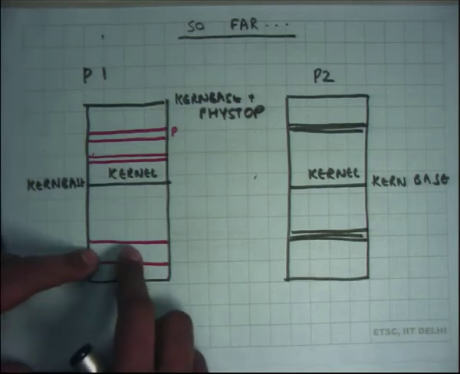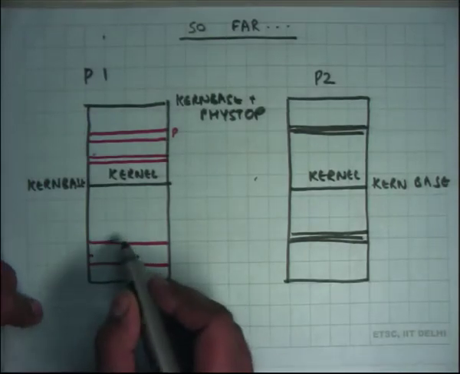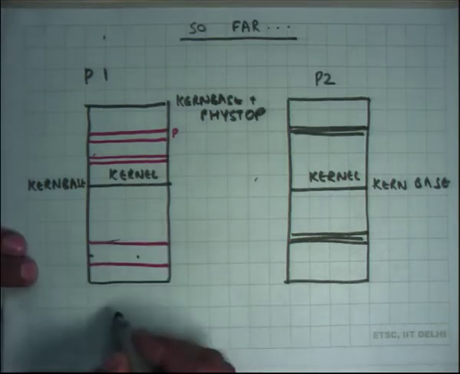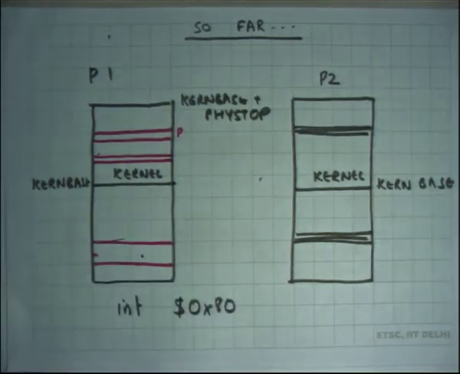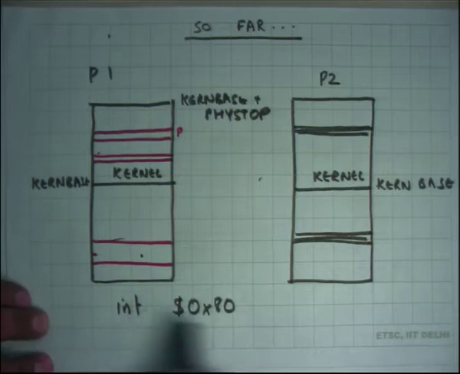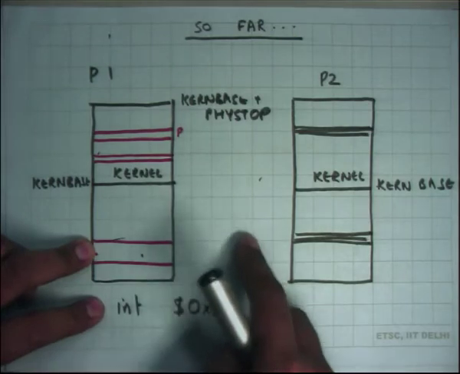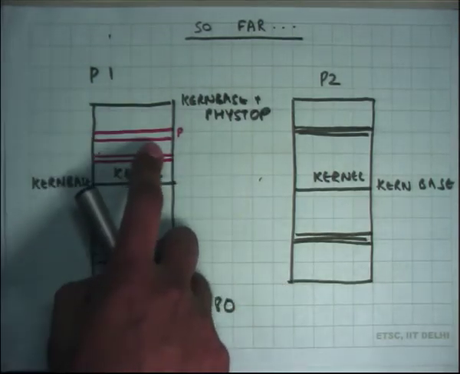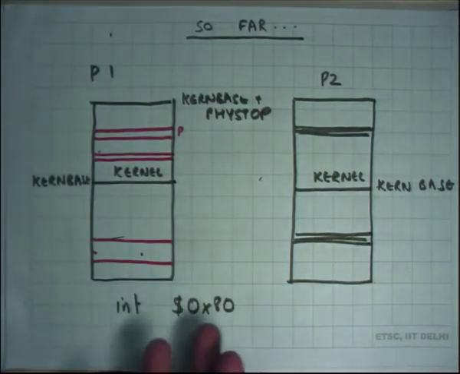Also, we said that once again, if a process needs to make a system call, then some code here is going to execute the interrupt instruction. Let's say it says int some number which indicates the system call number. On Linux it's the hexadecimal 80 number. I think it's echoing. Right. So interrupt hexadecimal 80. What it's going to do is go through the IDT and transfer control to an EIP somewhere here, and that EIP should be the handler for that particular system call, right, or the system call in general.